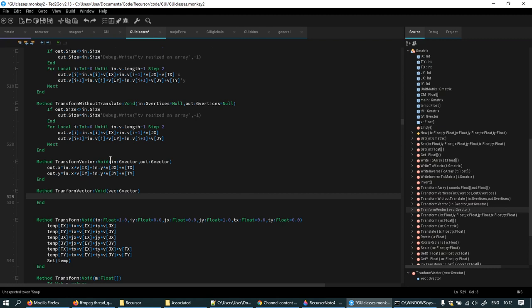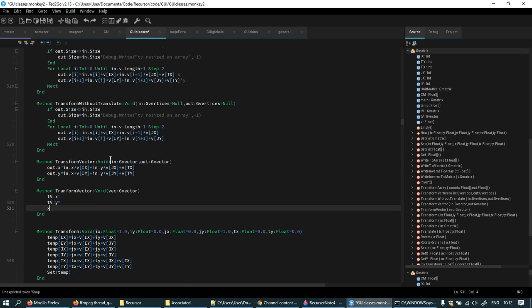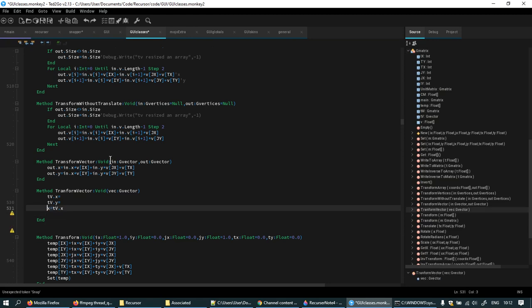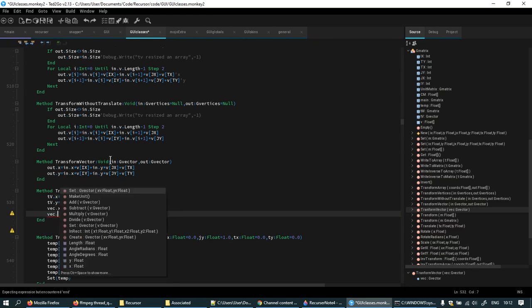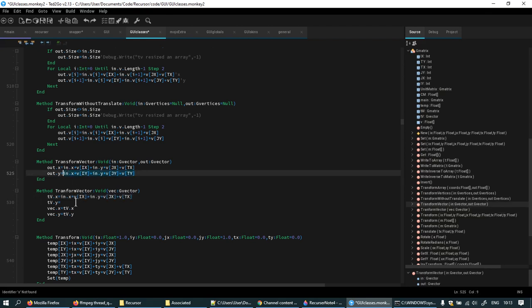Anyway, so what I say here is temporary vector x equals something, temporary vector y equals something, then x equals temporary vector x, and vec x equals temporary vector x, and vec y equals temporary vector y, and what x equals is the x part of this, and what y equals is the y part of this. So it is vec